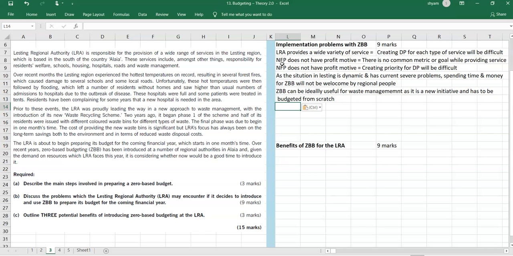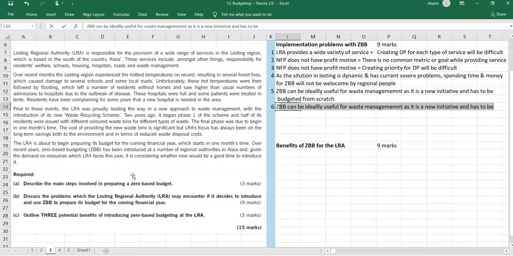So the next point would be, if you want, I'll put the points here. It's 1 2 3 4 5. The next one would be, the LRA is about to begin preparing its budget for the coming financial year, which starts in 1 month's time. Over recent years, ZBB has been introduced at a number of regional authorities in ALIA. And given the demand on resources which LRA faces this year, it is considering whether now would be a good time to introduce it. Okay, so again, ZBB